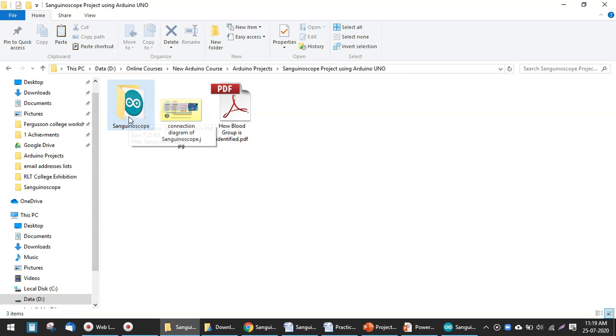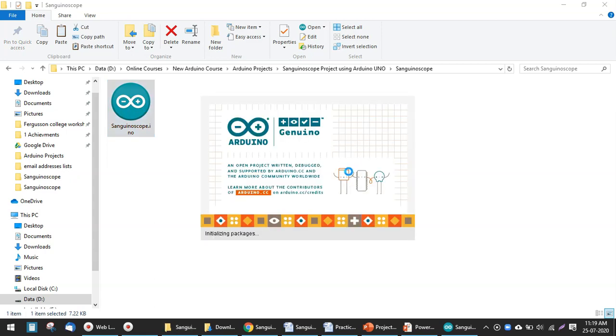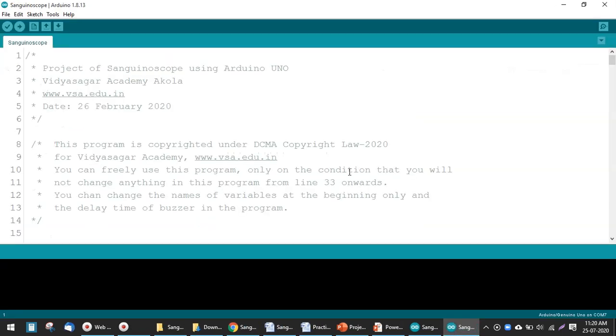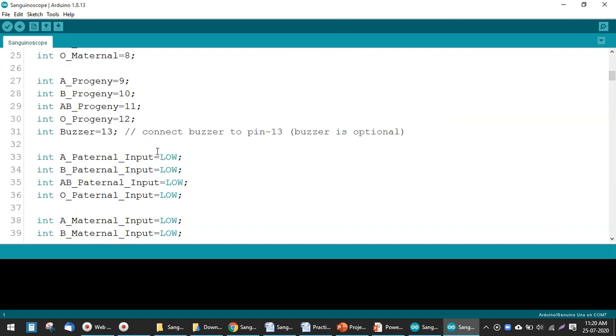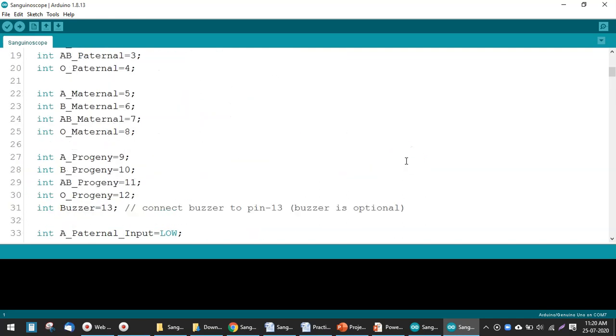This is the folder in which the code is given. When you click on this code, it will open in Arduino software. Let it open. Yes, here it is, and the complete code is given here, and it is fully tested.